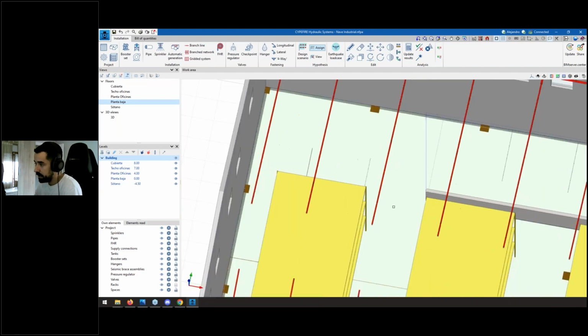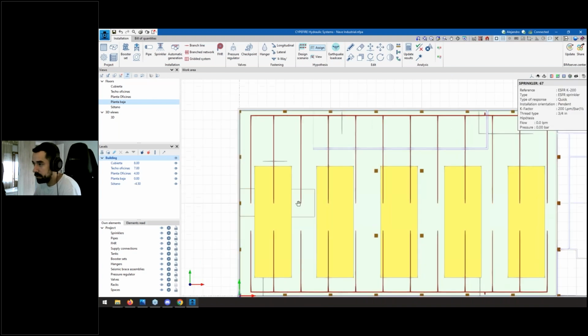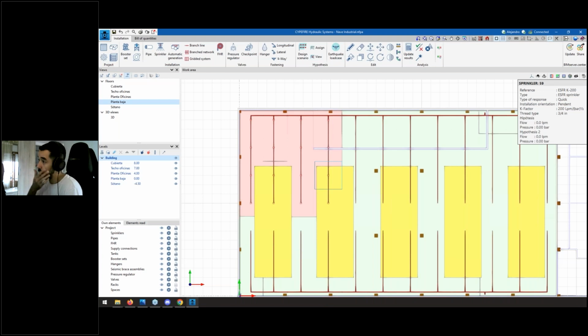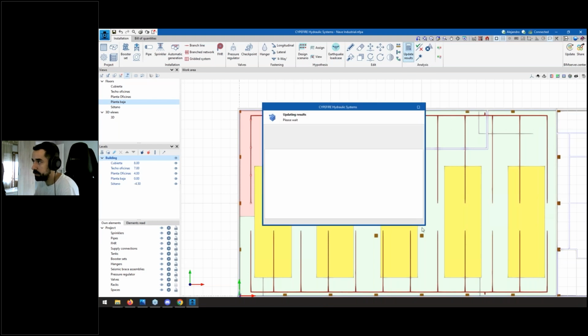I can select the different sprinklers here, and at the time I make right click, all these sprinklers are the ones that are going to be calculated. And I can change the view, and see both or the multiple scenarios I want to work with. If I update the results,